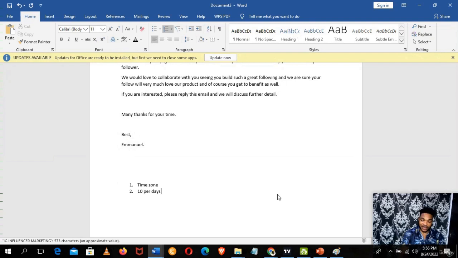Now the reason why I regulate it to 10 is because there's a high chance Instagram is going to consider your messages as spam. So you want to make sure in the beginning you don't message too many pages at the same time. If not, Instagram will likely ban your account, considering it an account that keeps spamming others. So take note of that. Try to message at least 10 people in a day.